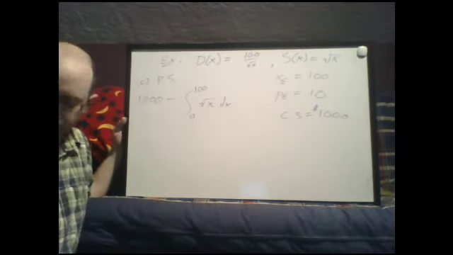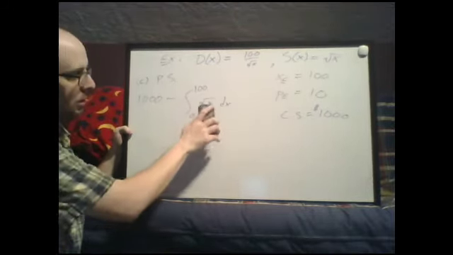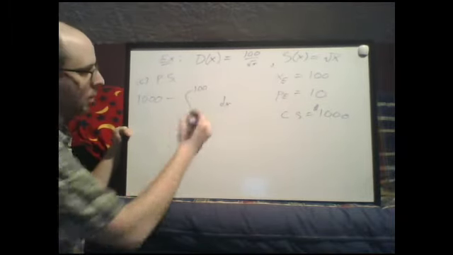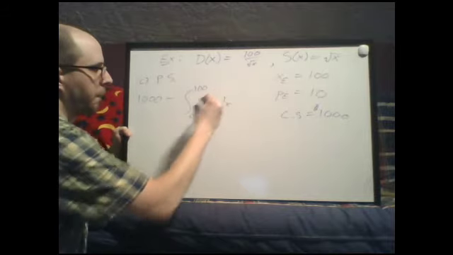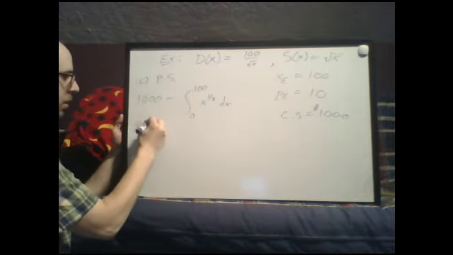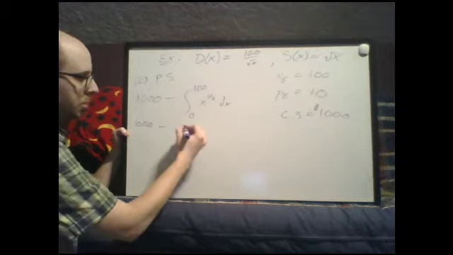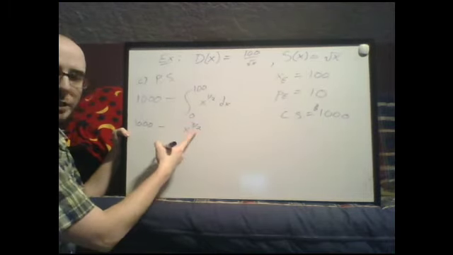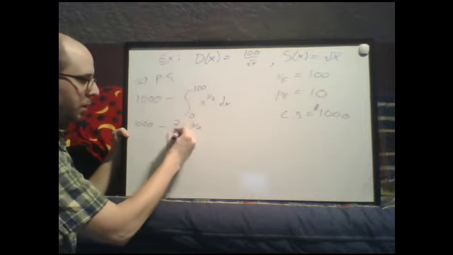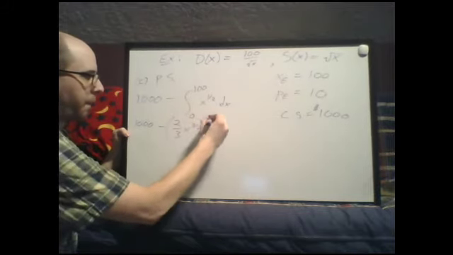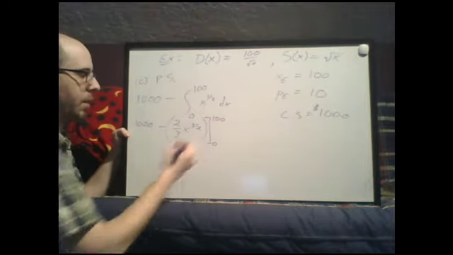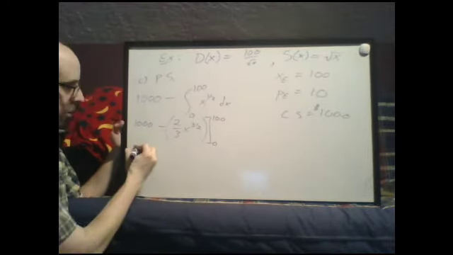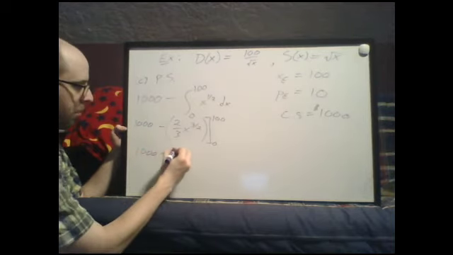All right, so this is our calculation. To save space, let's go ahead and convert square root x to x to the 1/2. That's going to be x to the 3/2 when I add 1, times the reciprocal of this, so 2/3. Then we're plugging in 100 and subtracting 0. So we have 1,000 minus 2/3